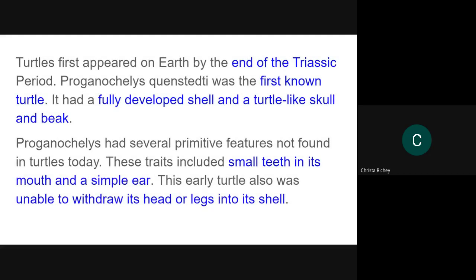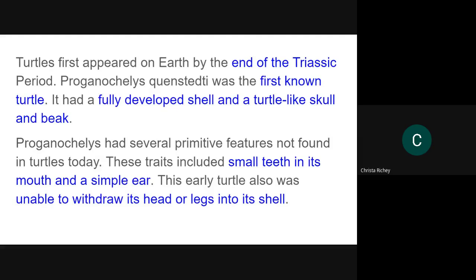By the end of the Triassic, most organisms were established. They may have changed size. Most insects were larger, they got smaller. Most mammals were smaller, they ended up eventually becoming larger after the Cretaceous extinction. We're just not ready for that. That'll be next Monday for the extinction event.